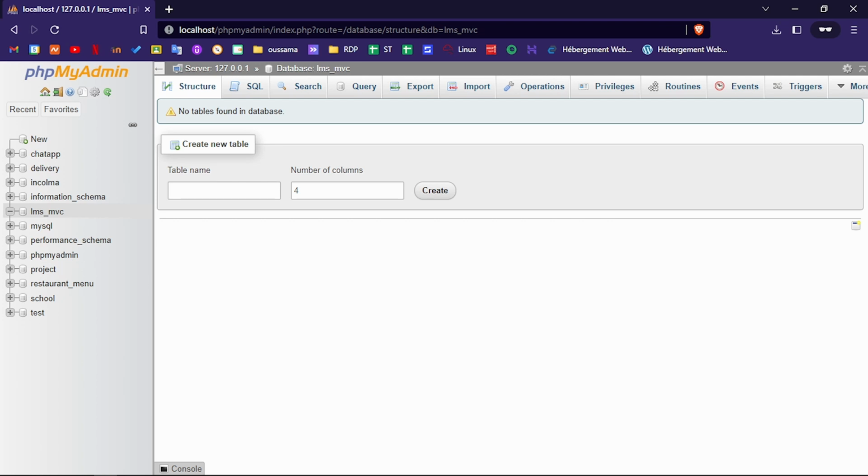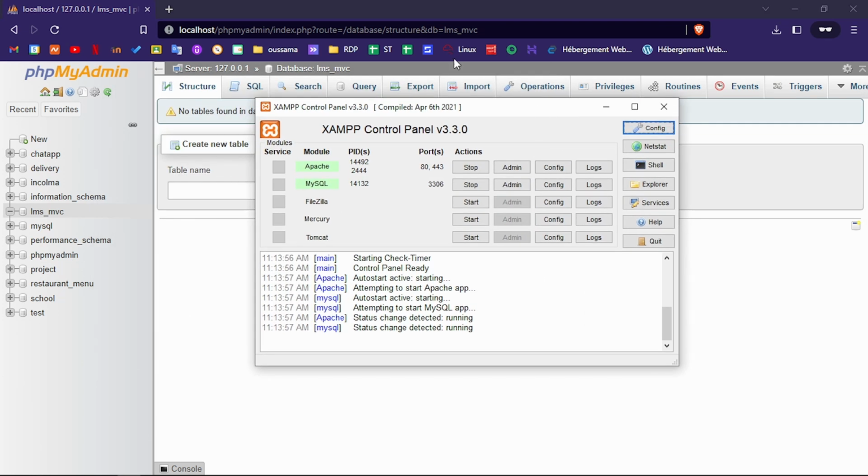After we go to our database, we need to create a new table and insert some dummy data to test our application. So for that, let's open it. If you don't know how to open this, you can simply open the XAMPP control panel and click on